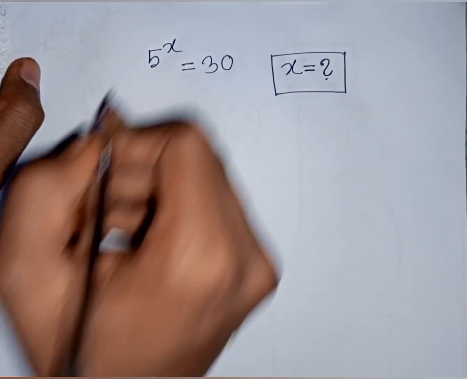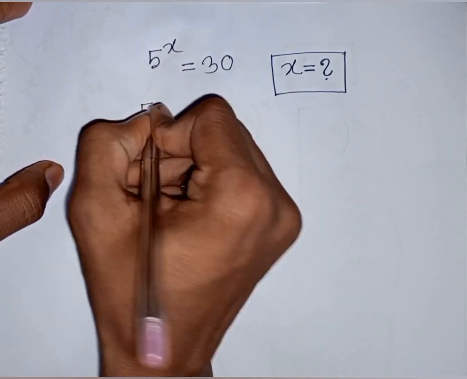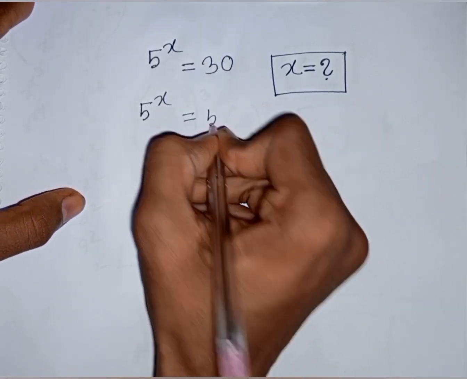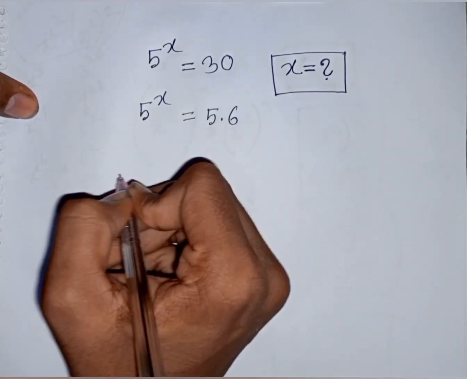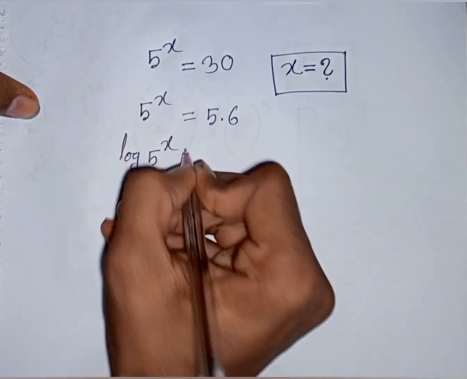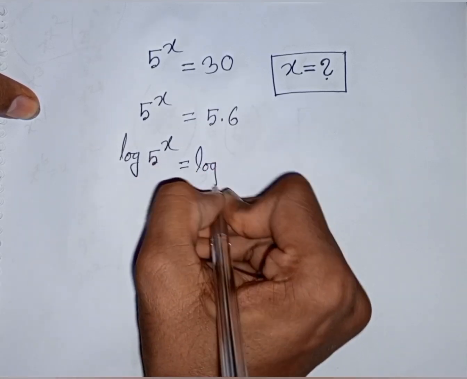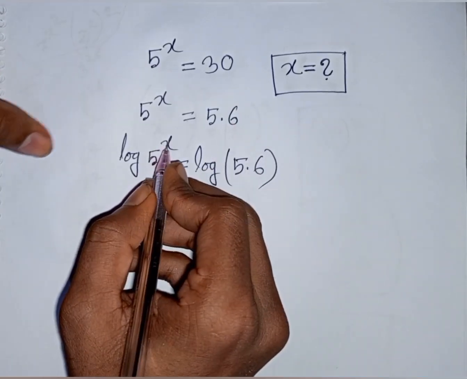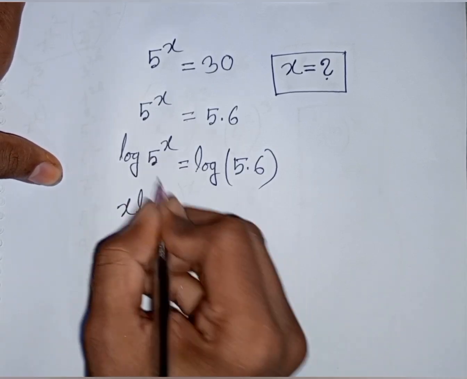How to solve 5 power x is equal to 30. Find the value of x. So we have 5 power x is equal to 30, which can be written as 5 times 6. Now we take log on both sides. So you can write log of 5 power x is equal to log of 5 times 6. Now this power x will move in front, so you can write x log 5